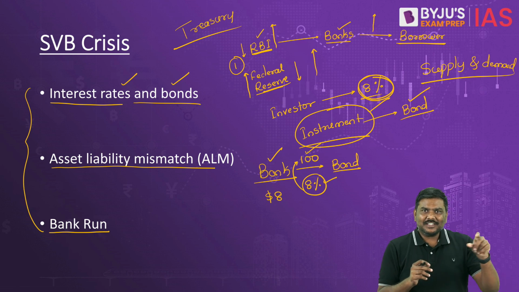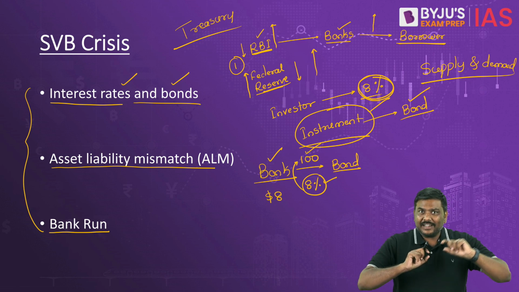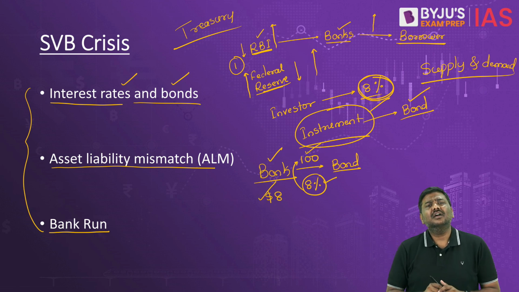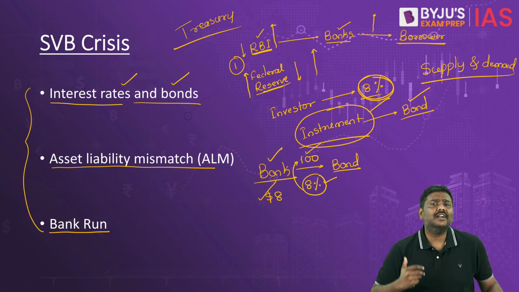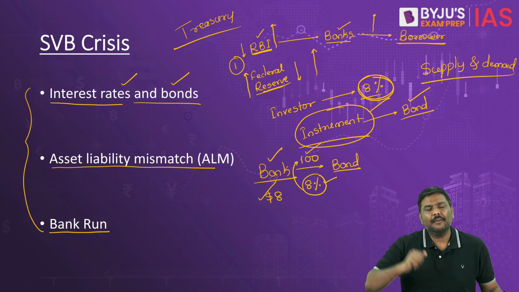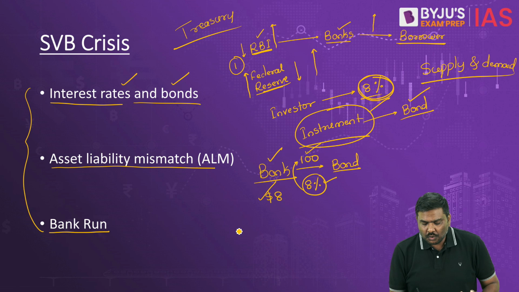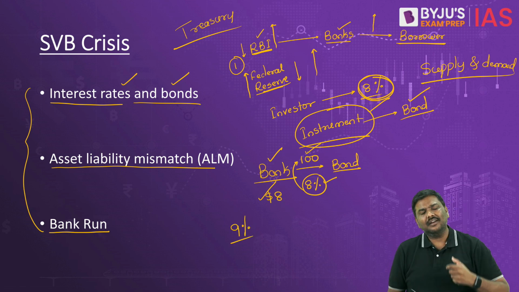When the interest rates, that is the yield that you are going to get in the market, is around 9%, why will you be happy with $8 on investing $100? Of course you will not be happy. As a result of this, what will happen now? Simple. You want to get 9% interest.